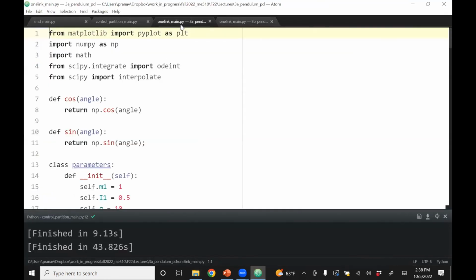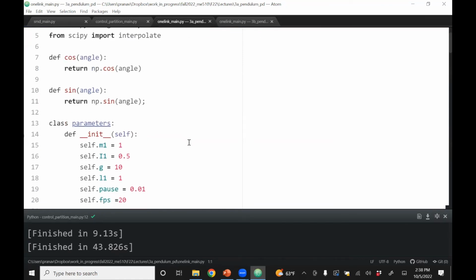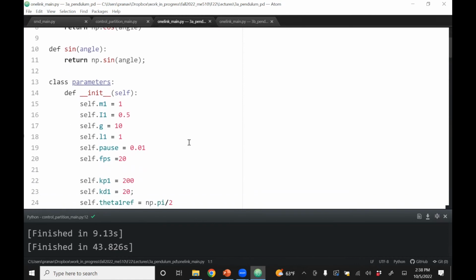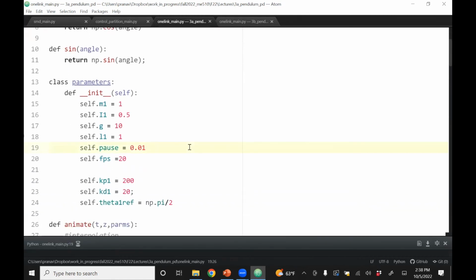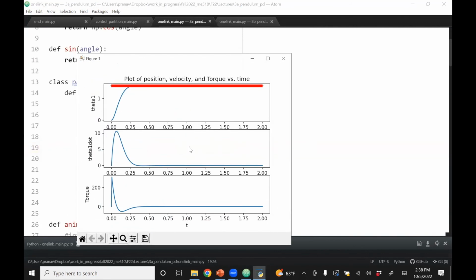Okay, so I have two different files. This file will do the first controller, which is a position derivative control. Let me run this first. Finished. It was very fast, but the plots give you a better idea. Starts with 0 position, 0 velocity, torque is 0, and then it's supposed to go to pi divided by 2, which is 1.57. You can see that theta 1 dot sprints to 10 and then goes to 0, and then